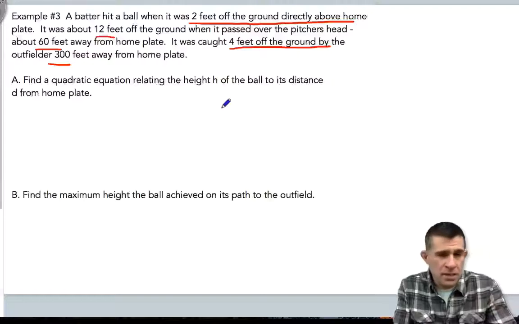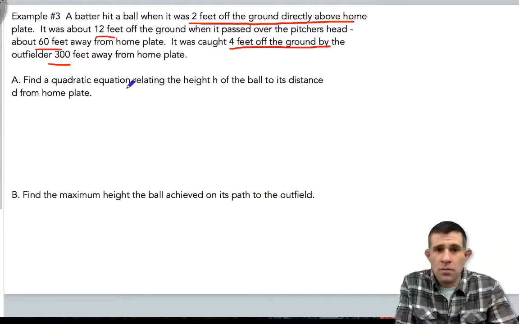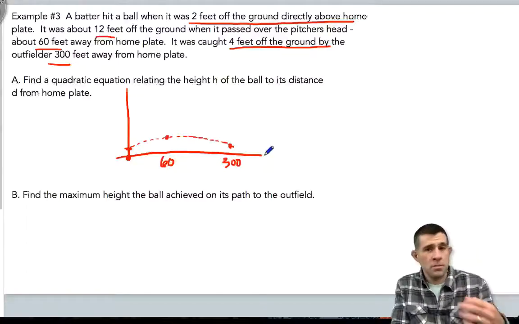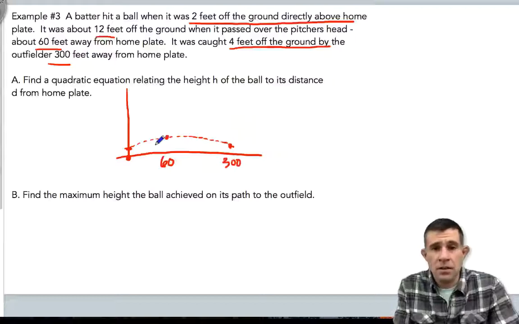So let's just sketch out this parabola here and see what this really would look like. If we're talking in terms of distance away from home plate, then right at home plate, the ball was about 2 feet high. 60 feet away from home plate, the ball was about 12 feet high, and then again out here at 300 feet, the ball was about 4 feet high. So this parabola is going to follow a path that looks similar to this dotted curve here,